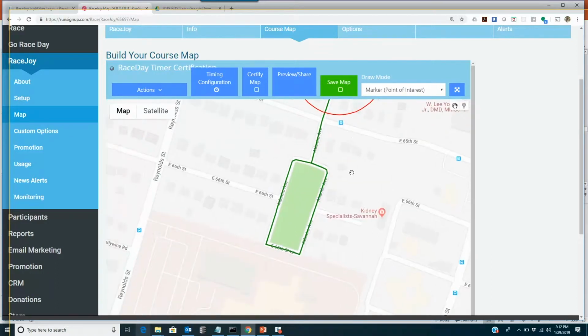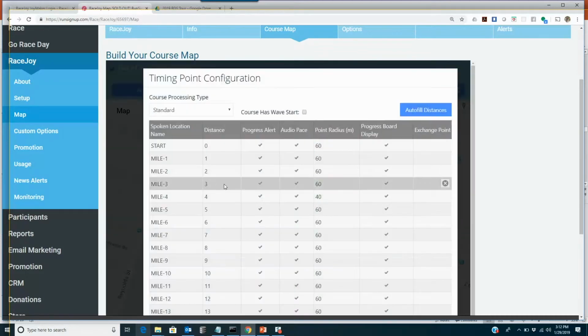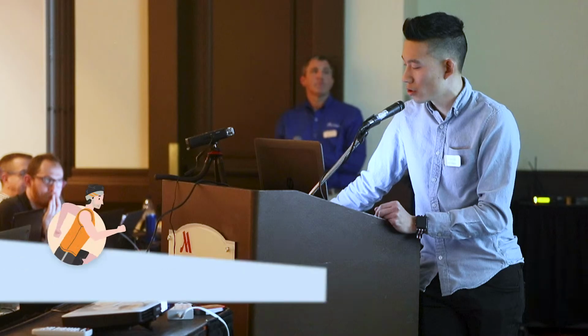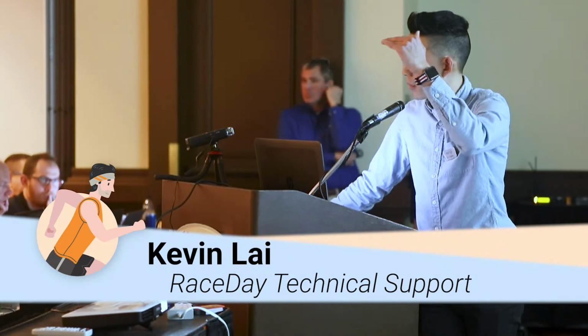So what can we do? We can add what we call a dummy point. If you remember back, RaceJoy fires sequentially by the distance, so everything is in order by the distance of each marker. If you add a dummy point, let's say at 7.8, and add that into your timing configuration, sequentially, RaceJoy is going to think, okay, it's going to go mile 6, mile 7, mile 7.8, and then